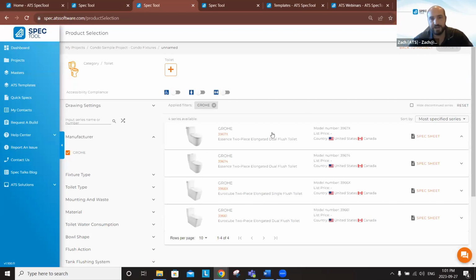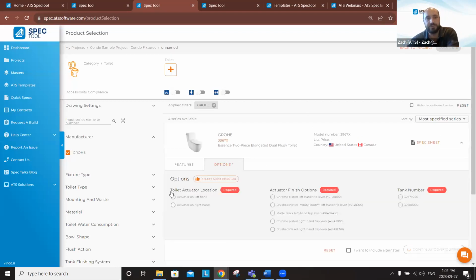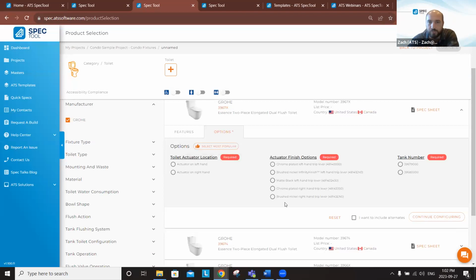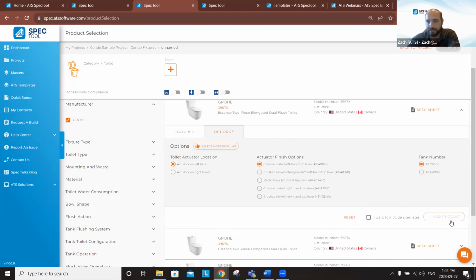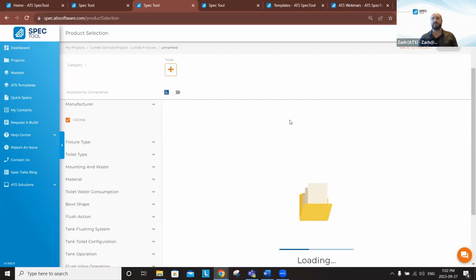And then we've got a 3967, which can be configured to a left or right-hand trip with a variety of finish options on the actuator. I can select the most popular here as well, and it's going to choose the default most popular options. Hit add to product. And with anything on ATS, if there's a number of products that need to come together